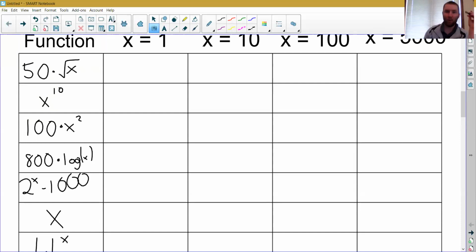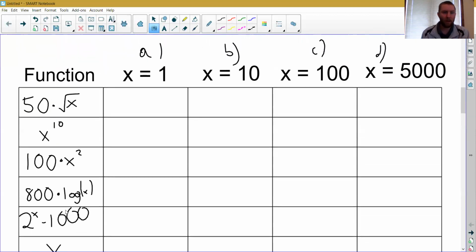They're all going up. The question is, are they all going up at equal speeds, or does their difference in speed affect anything? Okay, and the answer is very much a yes. So if we start, let's just say with 50 times the square root of x. If I were to put 1 in for x, the square root of 1 is 1, so this becomes 50, right? If I go to x equals 10, if I do the square root of 10, multiply that by 50,